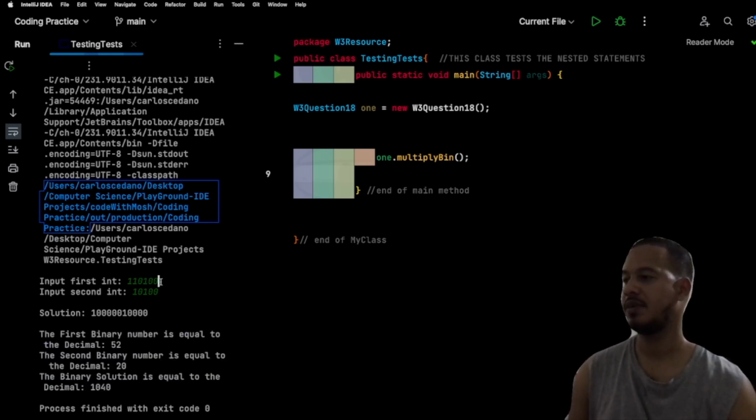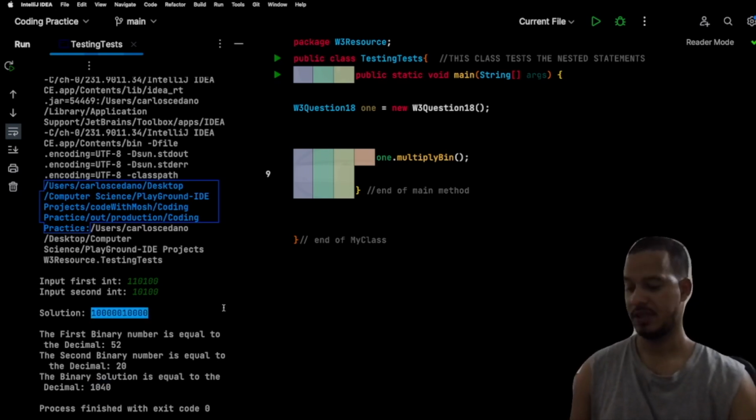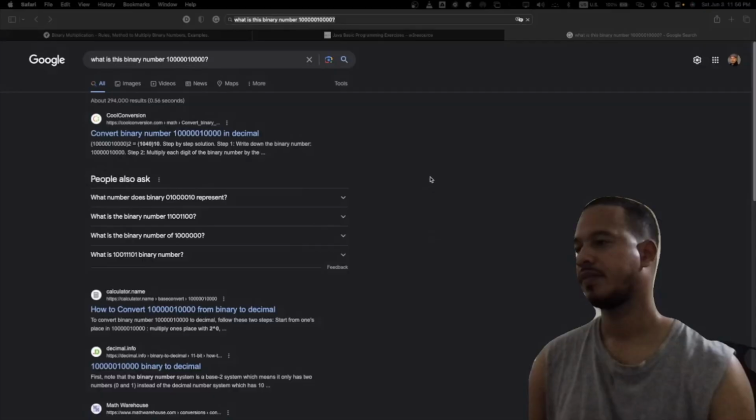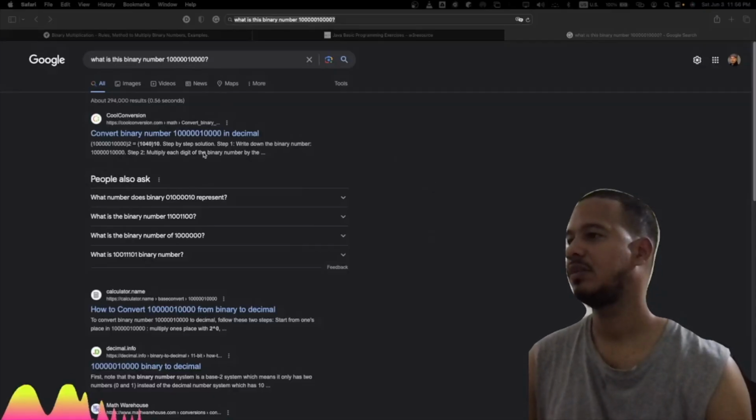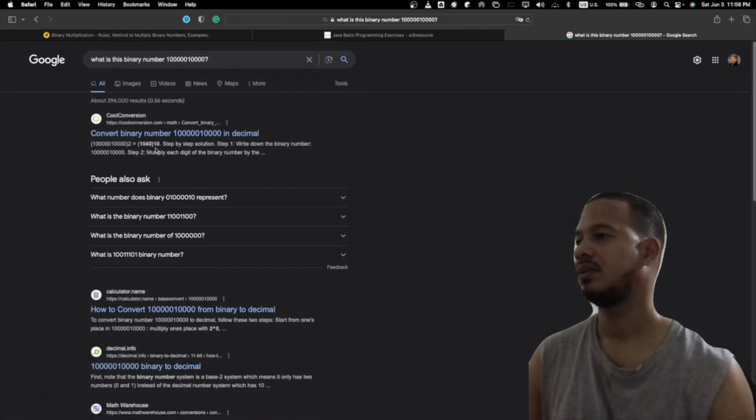So the first number, 110,100, is the decimal 54, and the second number is the decimal equivalent of 20. So 52 times 20 is 1040. That's what this number is, 1040. So let's just take a quick look. This number is equal to 1040 right there. So 1040, that's the correct